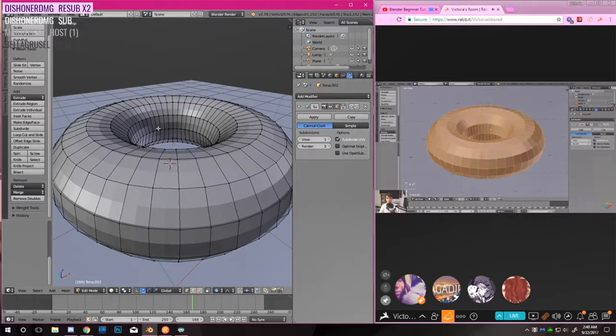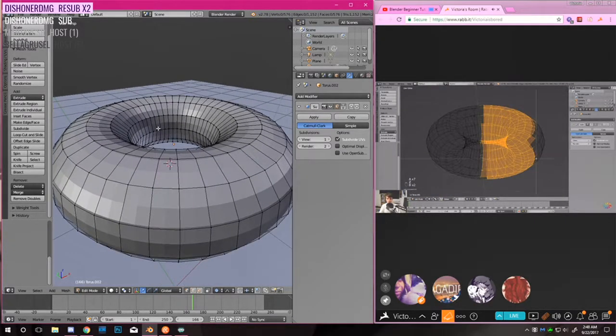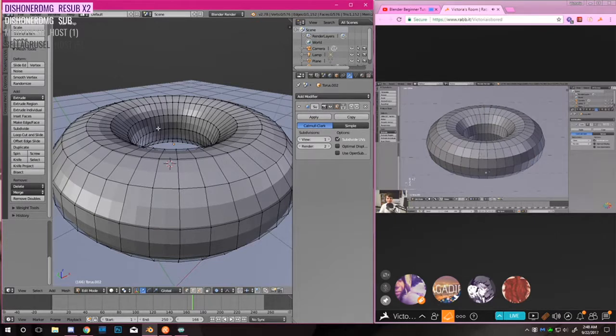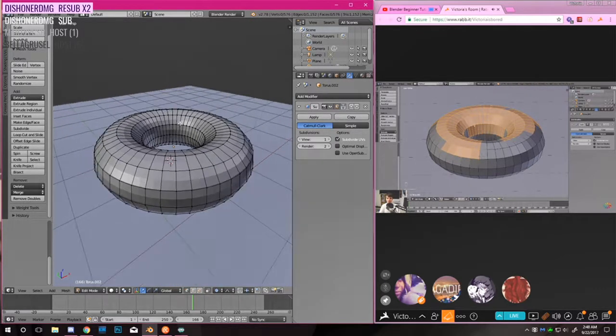Anyways, so that's box select. Sorry, I entered that mode again. I shouldn't have done that. We'll get to that in a second. But as well as that, there is C, and C is circle select, and that allows you to paint